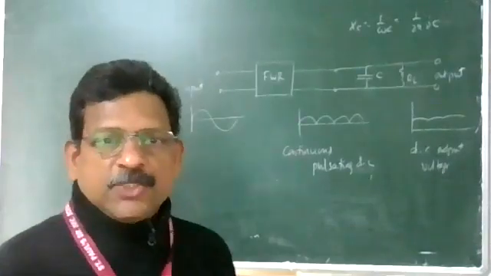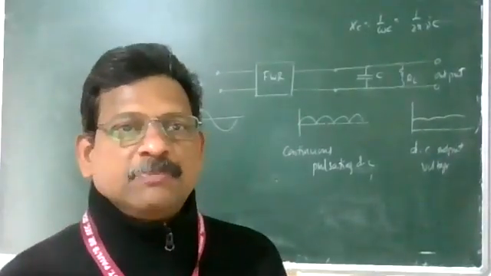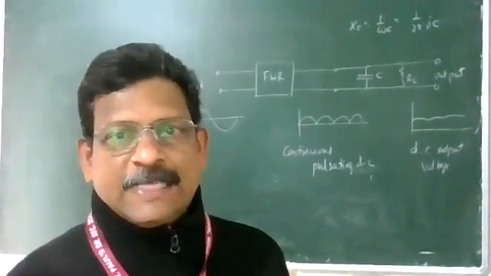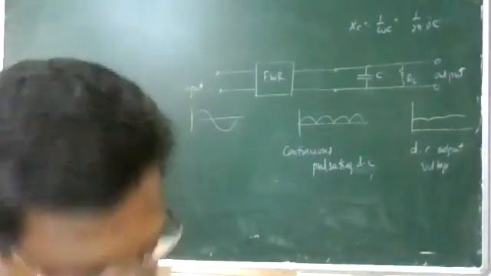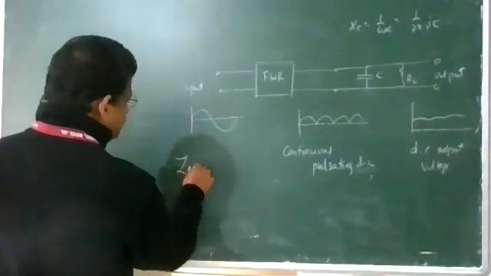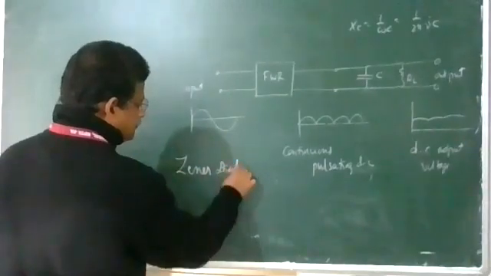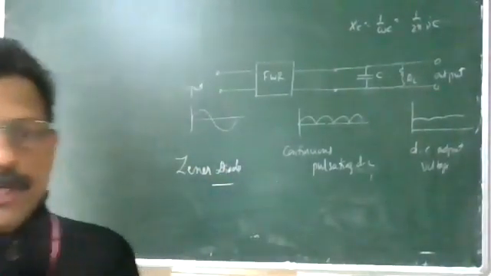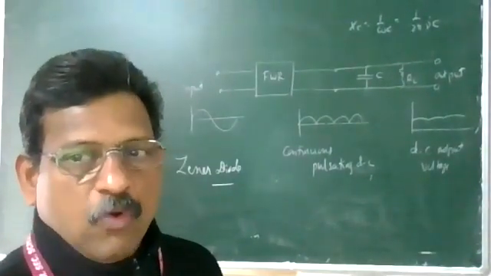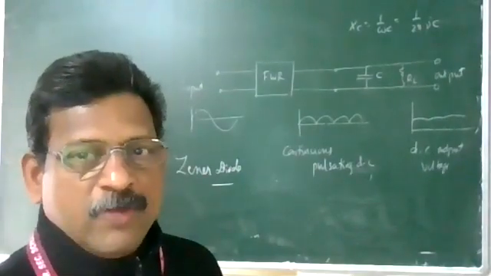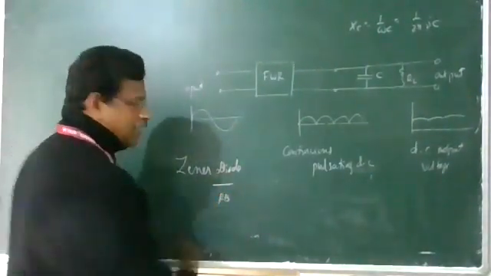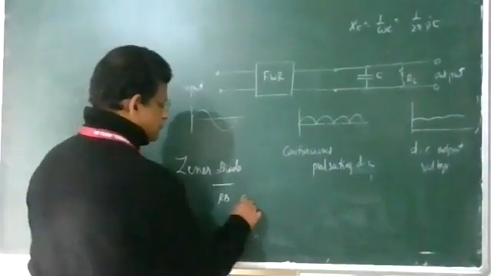Okay. Next we are going to discuss special types of diodes designed for different purposes. First one is the Zener diode. It is of course not there in the course, but some points. The main use of the Zener diode is in voltage stabilizer circuits, and it is always connected in reverse bias, at the reverse breakdown voltage.